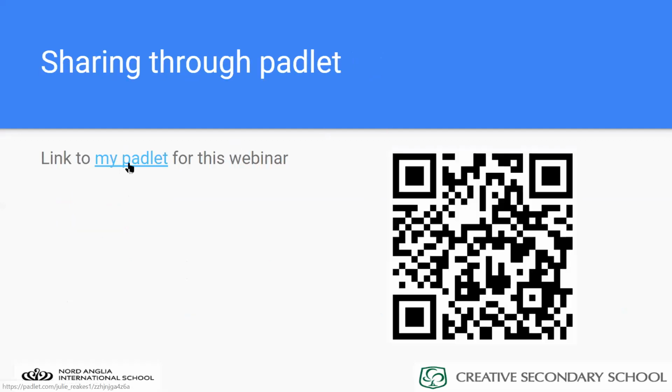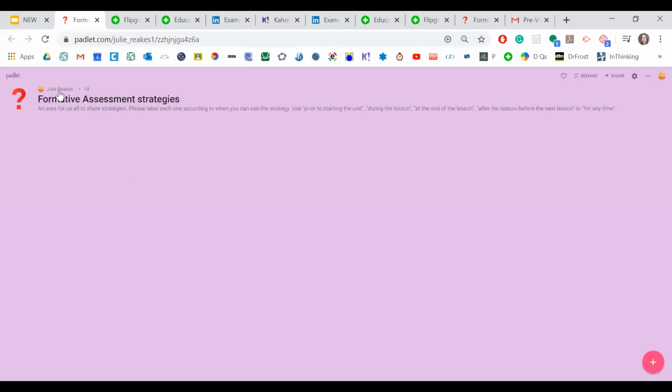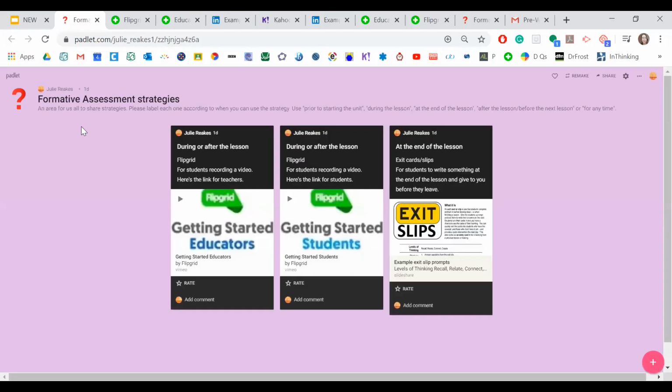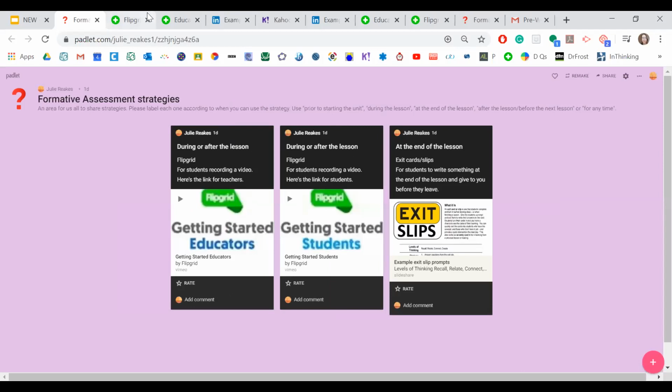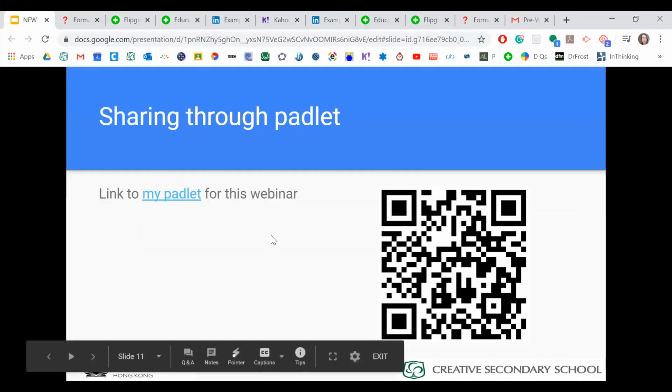So I've done a Padlet, and I've started to put on some things there. You'll be able to access this when it gets sent out by Kate from Nord Anglia. If you can just start with when you can use it, what the name is, and what it's about, and add that on there. It's super easy. If you're on a computer, you just double click and a new one comes up. And to go into that Padlet, you can also use the QR code.